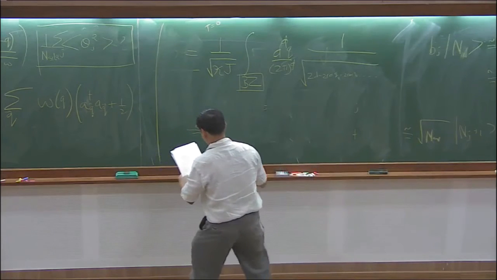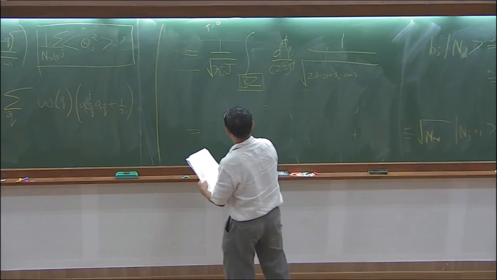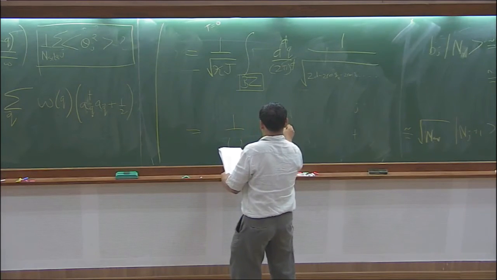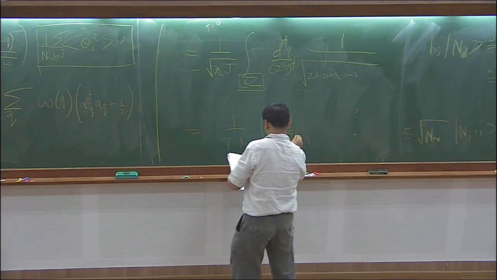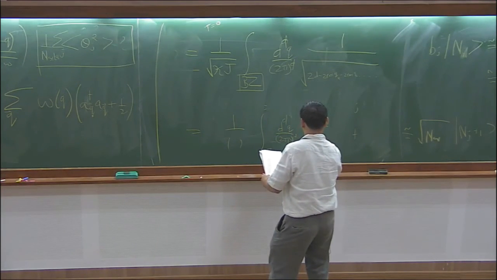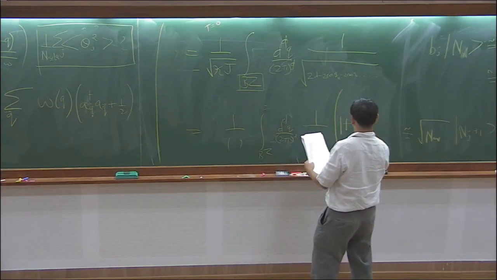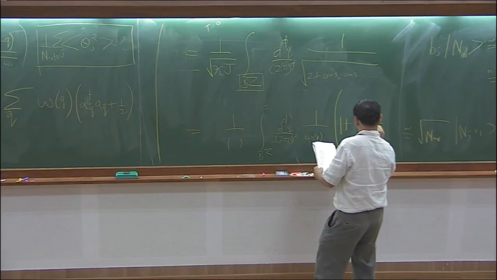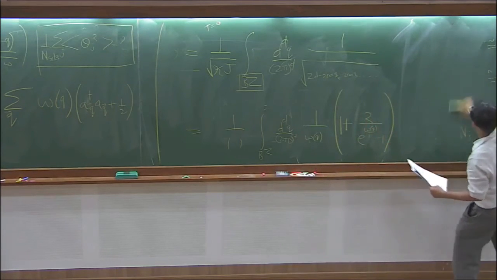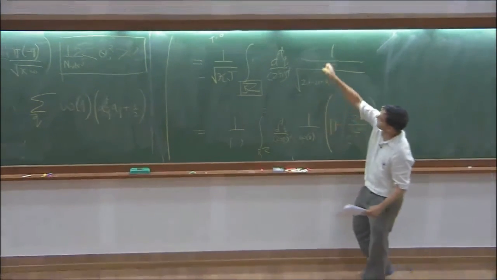Let me write that down from my notes. There's an extra factor. It's the same business: 1 over the same constant, integral over the Brillouin zone d^d q over (2 pi)^d. Now you have to use the full Bose function. So it's this 1 over omega q, which is the square root, and you get 1 plus 2 divided by e to the omega q by T minus 1. So this 1 is the 0 temperature piece.